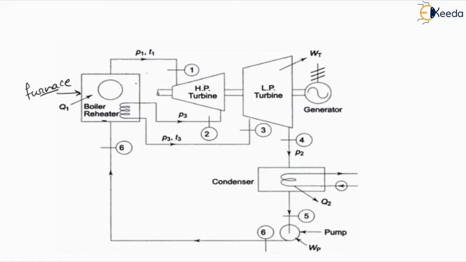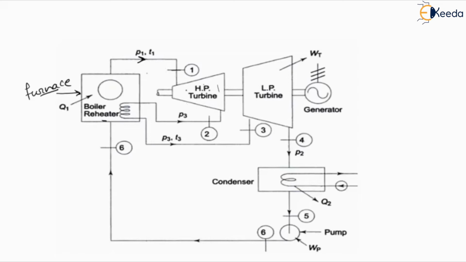This high pressure, high temperature steam will transfer to the turbine, that is the higher pressure turbine. Initially it will transfer to the higher pressure turbine. HP turbine means higher pressure turbine. Suppose our pressure and temperature in this condition are P1 and T1, and we will mark this as process 1 or point 1. Why are we considering this as the higher pressure turbine? Because this turbine is accepting higher pressure, higher temperature steam. So here we require a higher pressure turbine to handle this higher pressure steam during the expansion process.